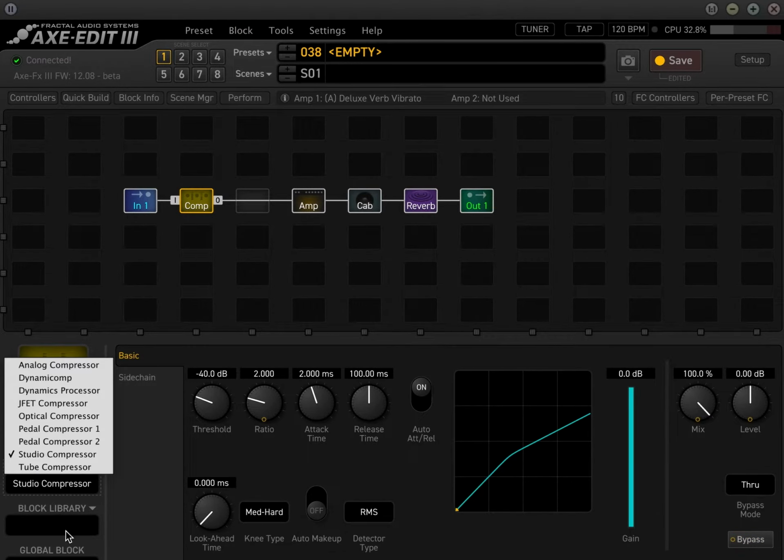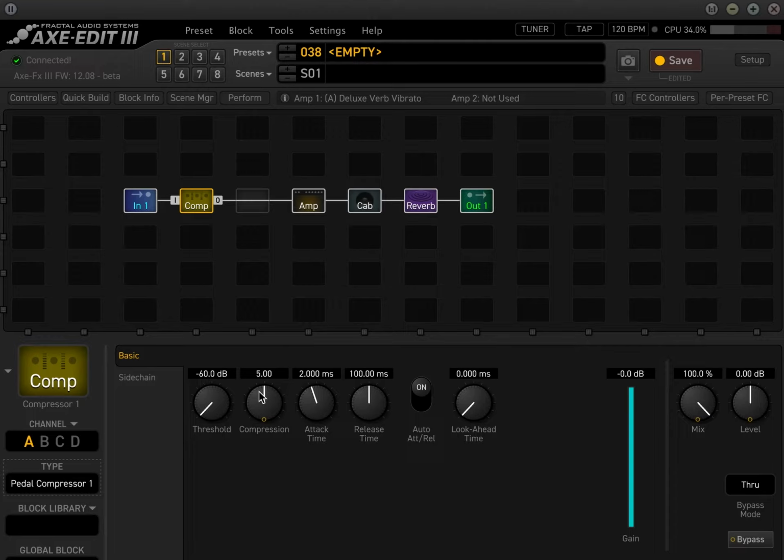And then let's actually use a pedal compressor. So what they're doing, for example, guitar players like Andy Timmons and Eric Johnson, what they do is they use a compressor to actually boost the input of a clean amp. And since it changes the tone,